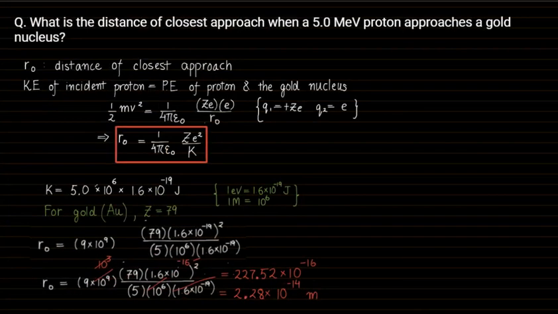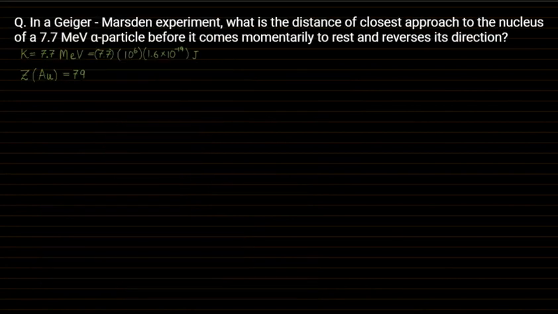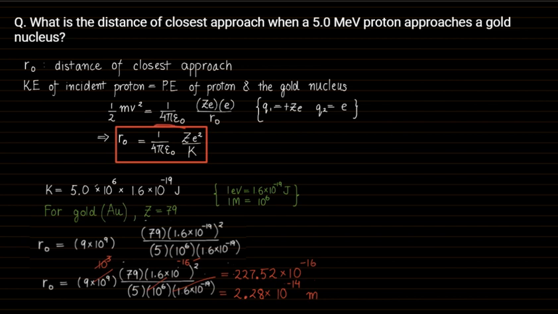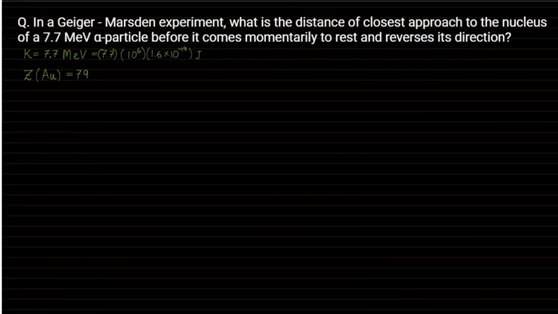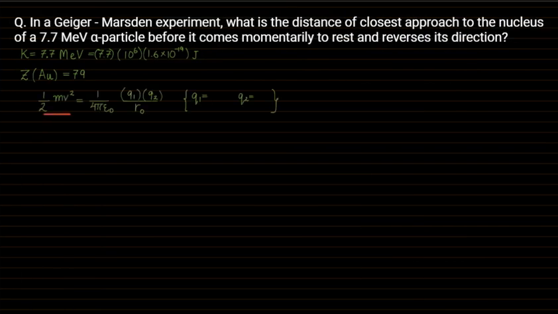So you can use this relation. But here you have to note one very important point. Let me just start with this expression. So the kinetic energy should be equal to potential energy. You can start from this relation. Now in this case, Q1 will be the charge of the nucleus. It is Ze, and how much is Ze? This is Ze and the value of Z will be 79.